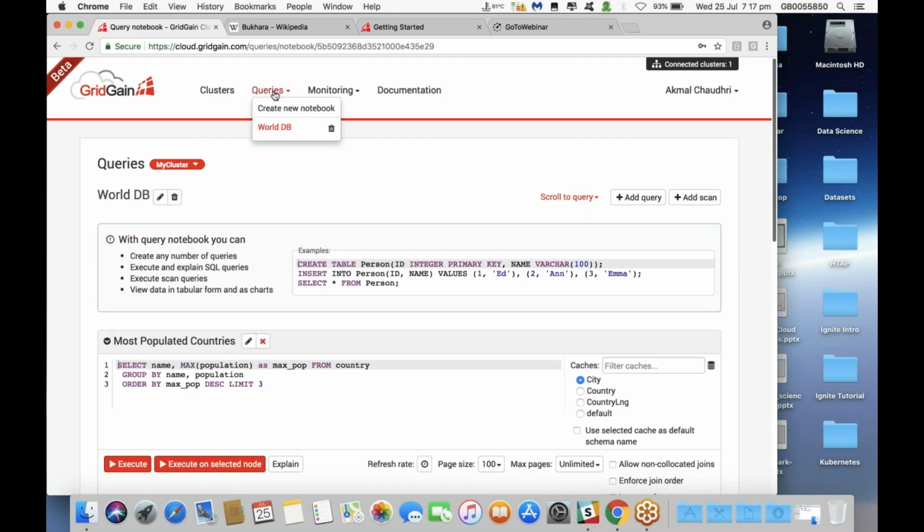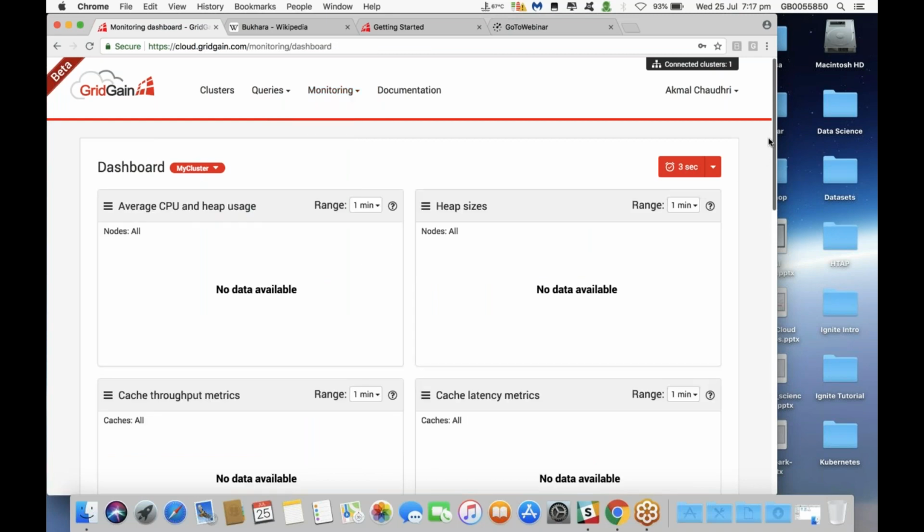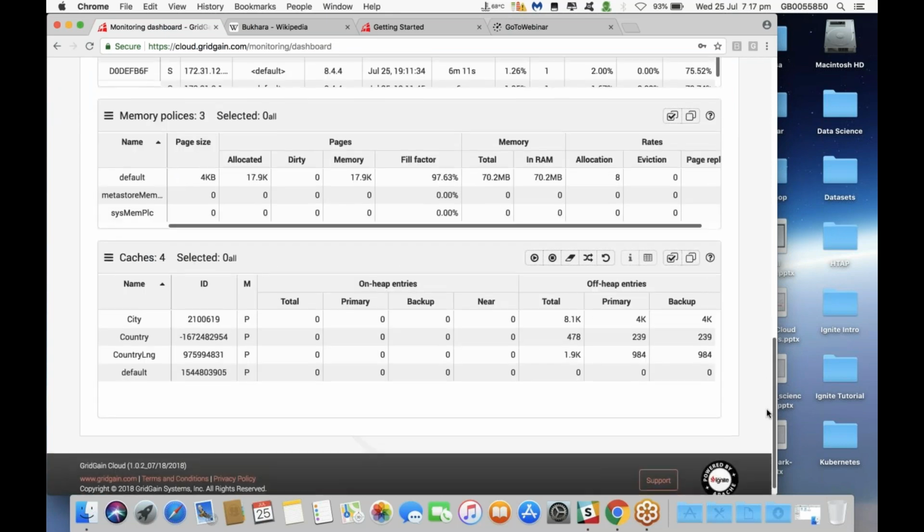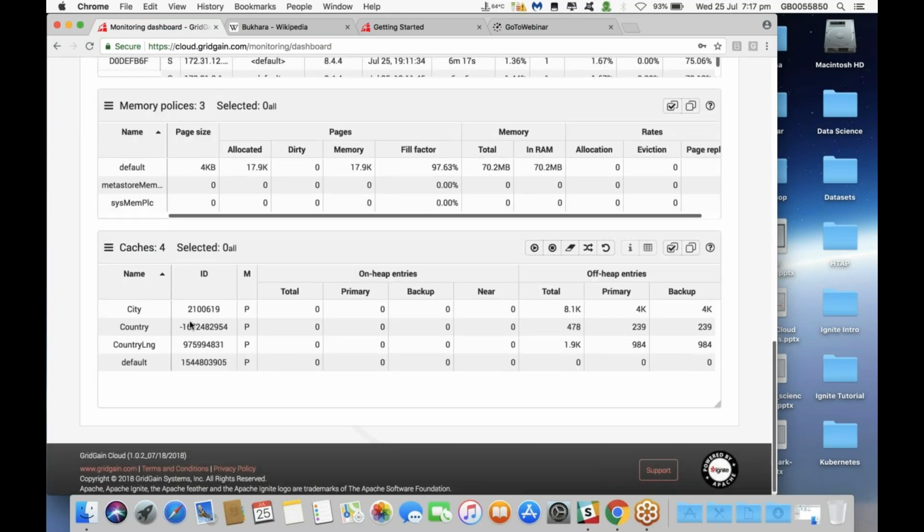There we go. And actually, if we look here, you can see under queries, it's created this World DB notebook for us to give us the opportunity to run some sample queries. And of course, these are SQL queries here, but we can modify them and we can change them as we need. And similarly, if I now just quickly scroll across to the dashboard and have a look here, and just scroll down a little bit, we should find here, in fact, that we've got a little bit more information. So now we can see that we've got a couple of caches. We've got a city cache, country language,